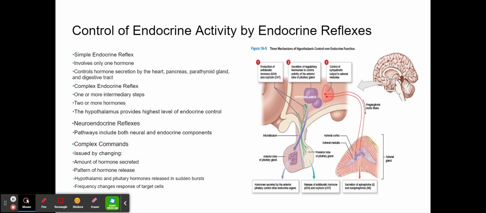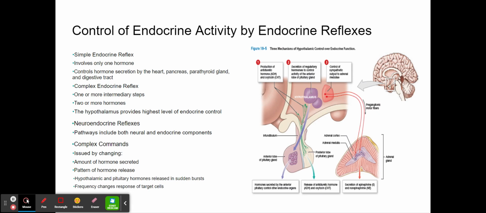released into circulation. You should have discussed two of these hormones, antidiuretic hormone, ADH, and oxytocin, or OXT, in your previous class. Two, the hypothalamus secretes regulatory hormones, which are special hormones that control endocrine cells in the pituitary gland. The hypothalamic regulatory hormones control the secretory activities of endocrine cells in the anterior lobe of the pituitary gland. In turn, the hormones from the anterior lobe control the activities of endocrine cells in the thyroid, adrenal cortex, and